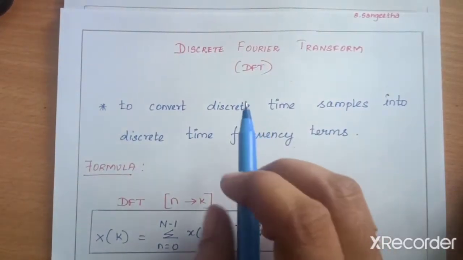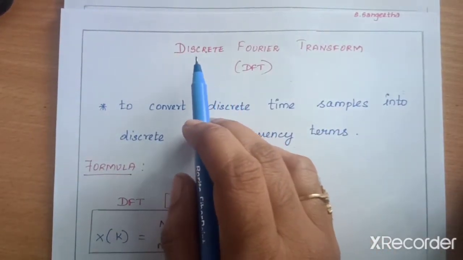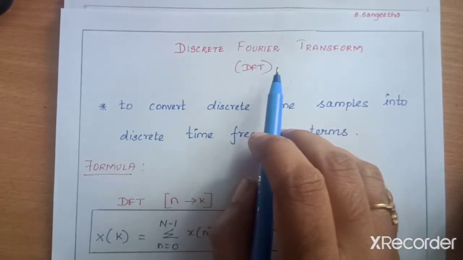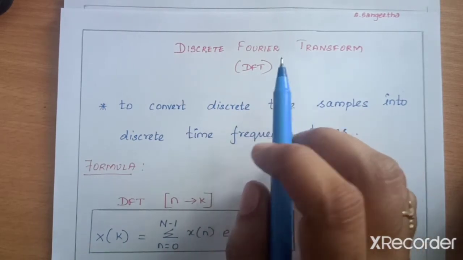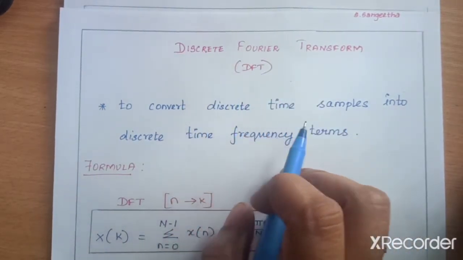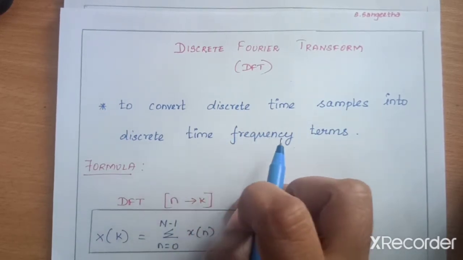Good morning. Today we are going to discuss the topic discrete Fourier transform. It is shortly called DFT. So discrete Fourier transform is nothing but converting the discrete time samples into discrete frequency index,